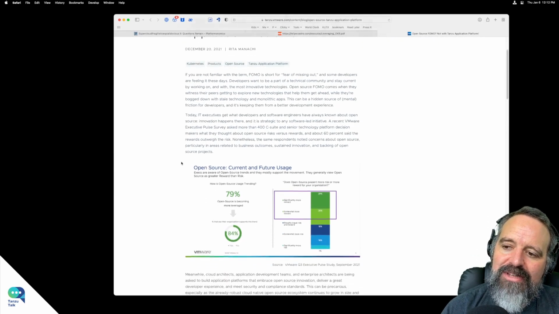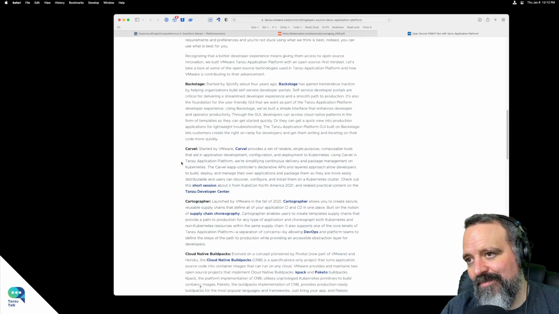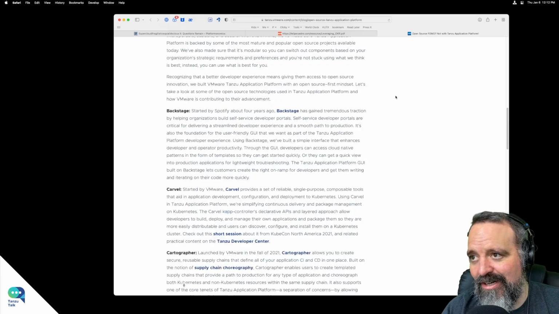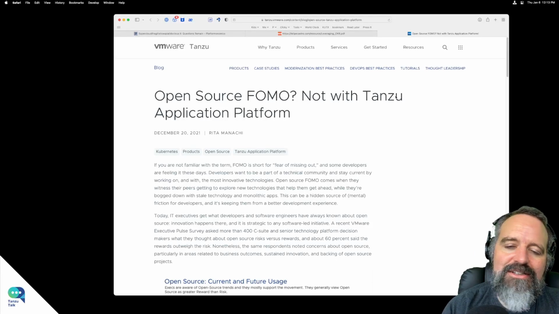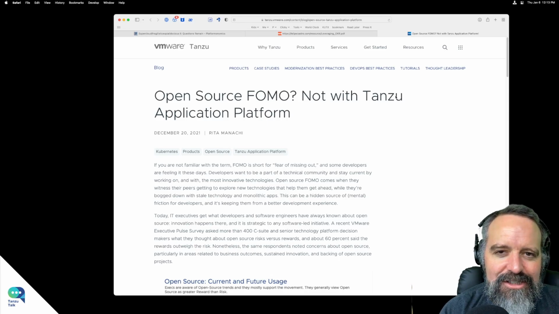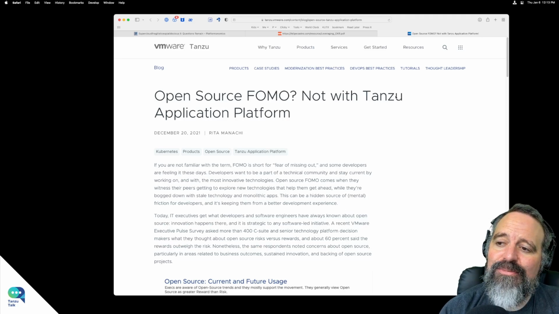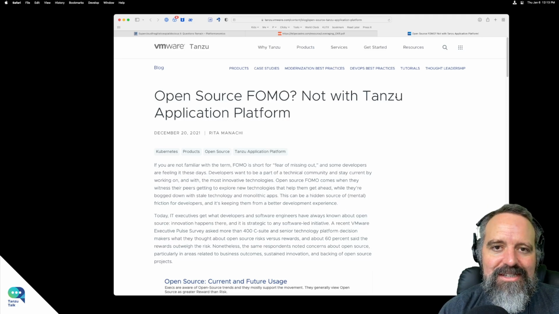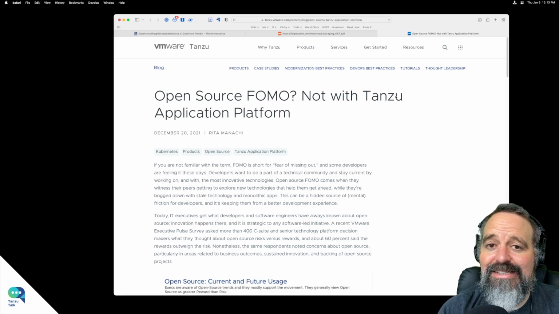She had a blog post from last month going over the open source components in what I'm going to think about as VMware's developer stack. I'm just going to start calling it that. It's the stack of stuff that we have. It's in the Tanzu application platform, but it's also in the Tanzu Kubernetes edition. In the same way that Amazon has a stack or Microsoft has a stack, there's a whole bunch of different things in there that you can mix and match or use. It's not as clearly delineated as something like Rails.